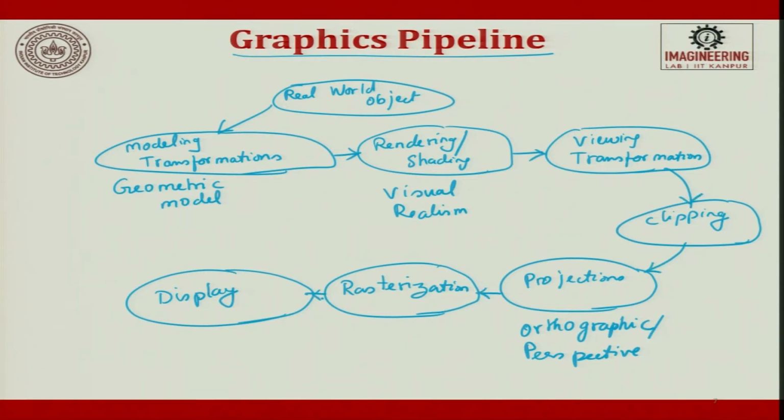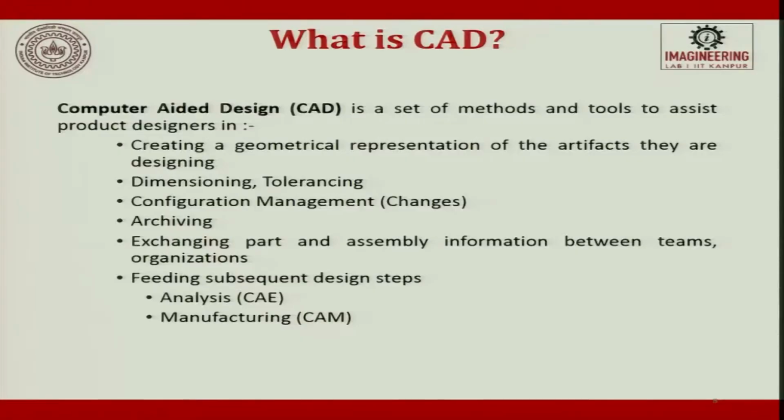Starts from real world, you do transformation, that means to say you are developing object, you are trying to do a texture, outer surface, then we are trying to view so that you get the depth information, unnecessary things are clipped. So, then you try to look for orthographic projection or perspective. Then what happens is whatever you have developed has to be projected onto the screen. So, it is rasterization, and finally, what you get is the display of it.